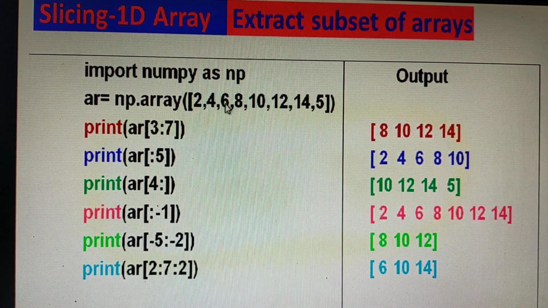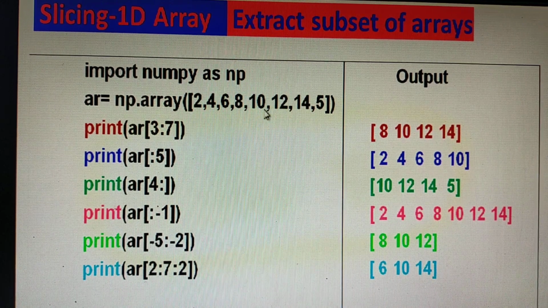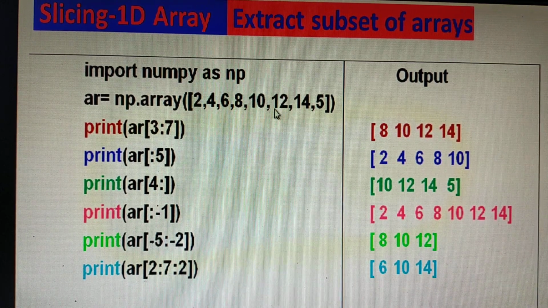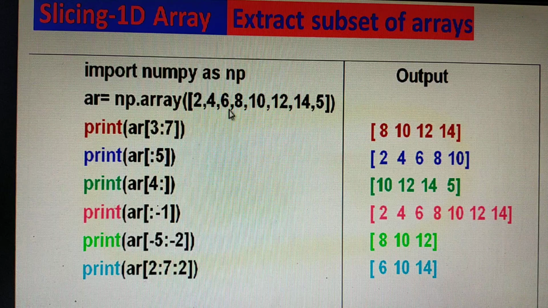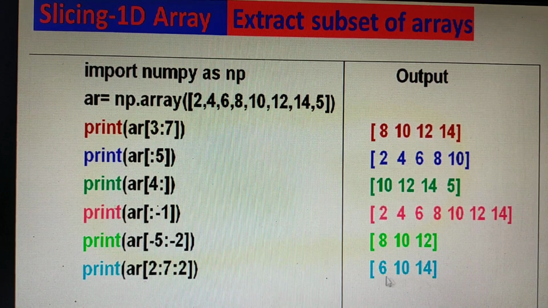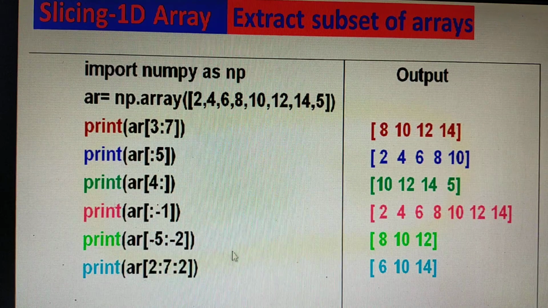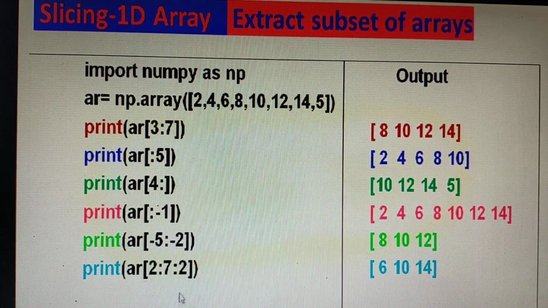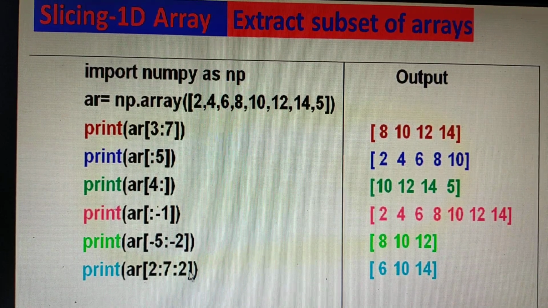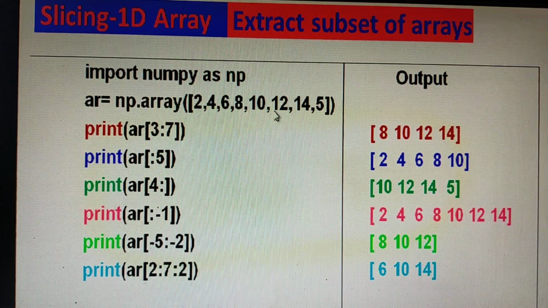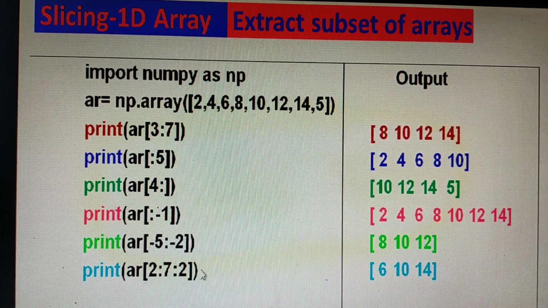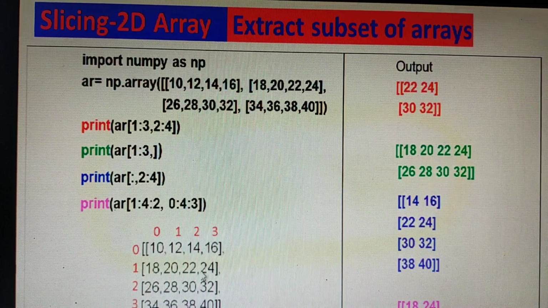So 6, then skipping one, 10, and then 14. So 6, 10 and 14 will be displayed as the result. It will skip 1. If 3 is there in place of 2, it will skip 2 and display the third. Like that you can understand this.